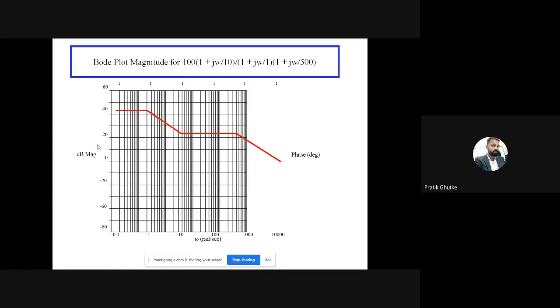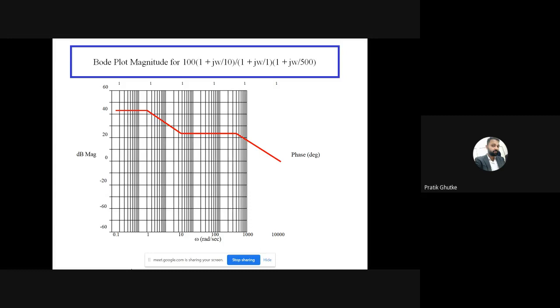These are all in dB, that is decibel. For the magnitude plot, I will be needing the decibel, the upper half portion of this. And on the bottom side, I will draw the phase plot. So for phase, I will be required with degrees, that is 0, 30, 60, 90, 100, 110, 120, 130, like this. So in the phase plot, I will be dealing with the degrees, and in the magnitude plot, I will be dealing with decibel.